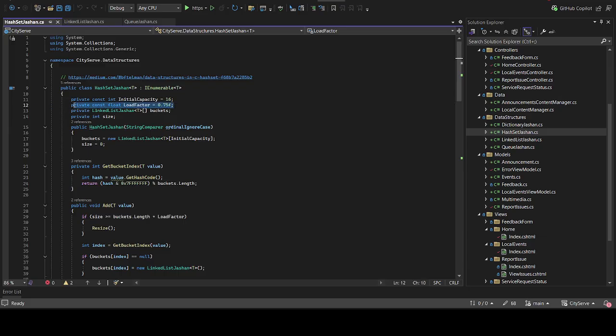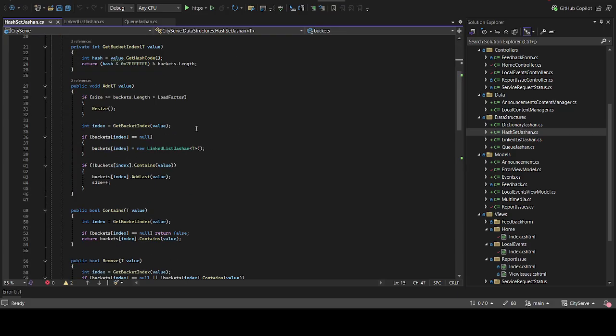Over here is a load factor. The load factor primarily allows me to check if the hash set is a certain amount full, and if it reaches that point of 75% full, it will increase it by